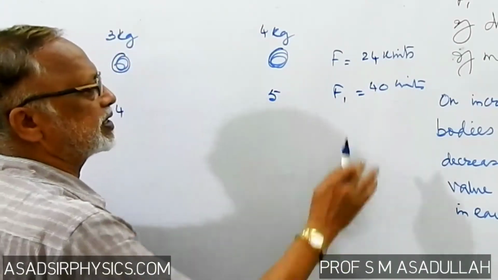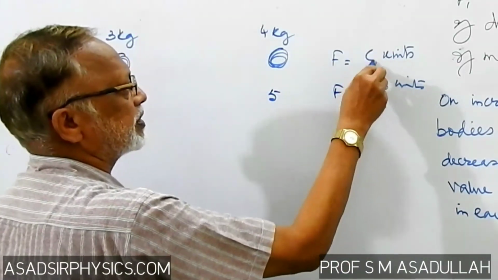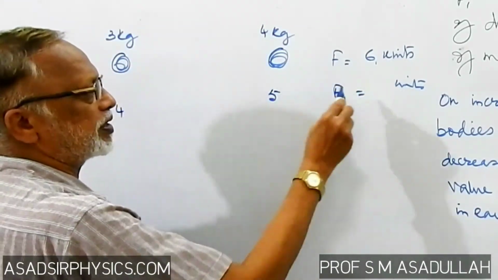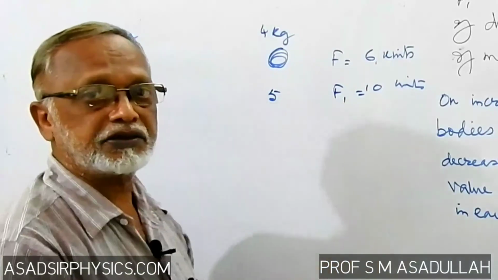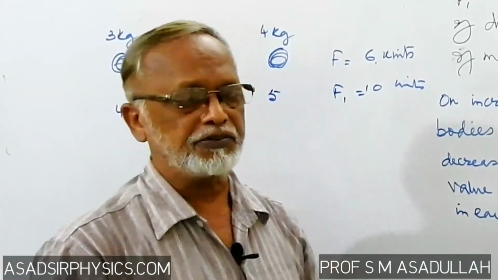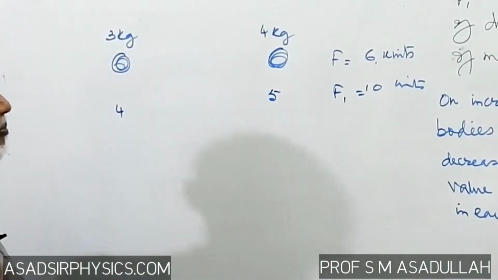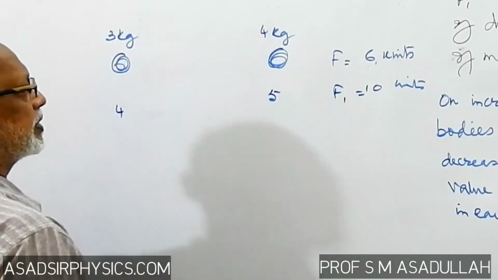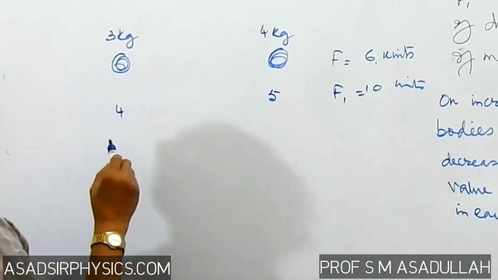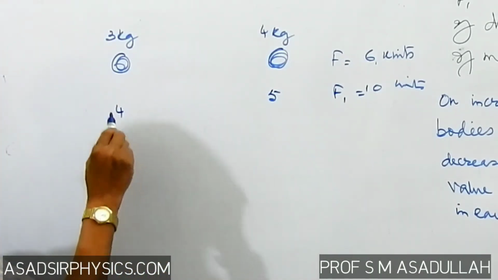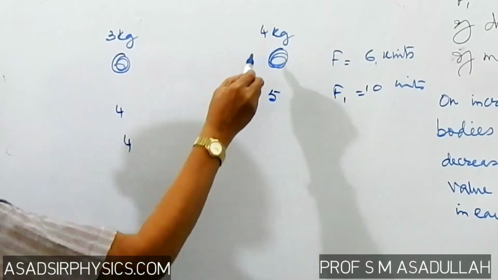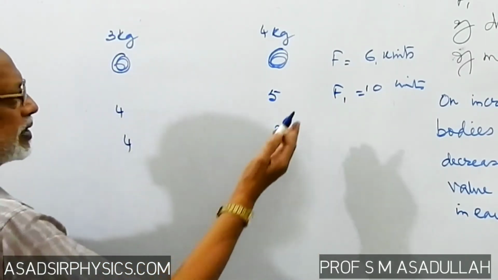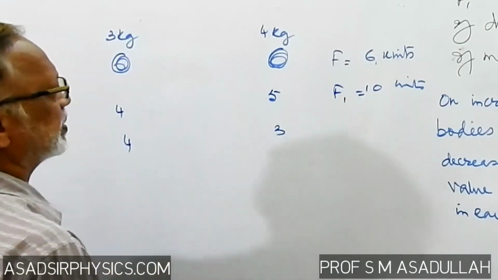Suppose it is not given like this. It is given as only 6 units. Half of this product. So here also the answer will be half, 10 units. So like this you can directly get the answer. Suppose it is given like this. What will happen if 1 kg is transferred from this to this? So this will become 4 kg and this will become 3 kg. Now also the product is the same. The answer will be the same as before.